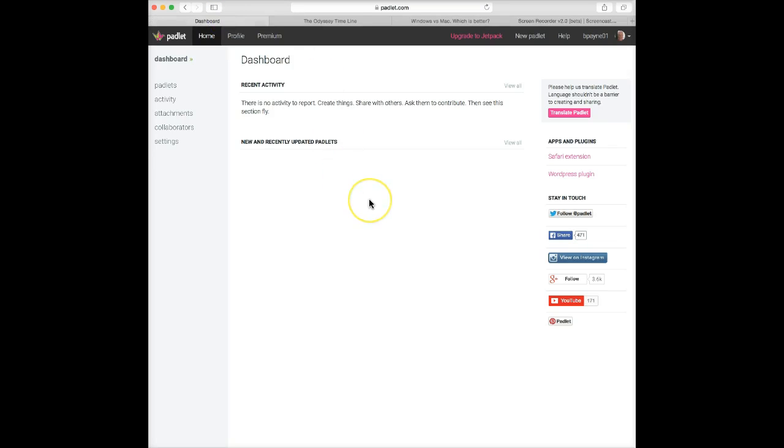Hello, this is a tutorial on Padlet. Padlet is possibly the easiest way to create and collaborate in a digital app. Now Padlet, which you can get to at